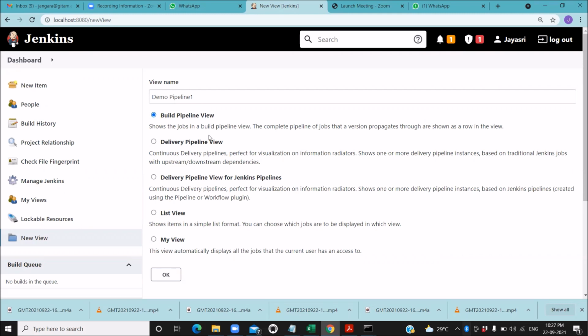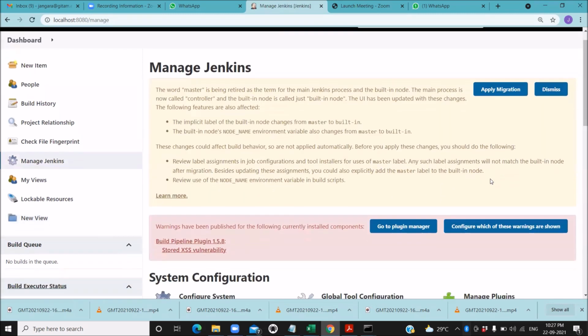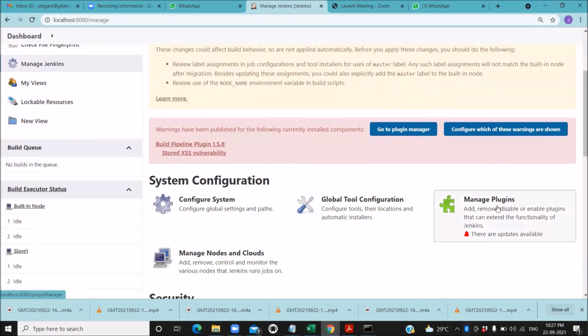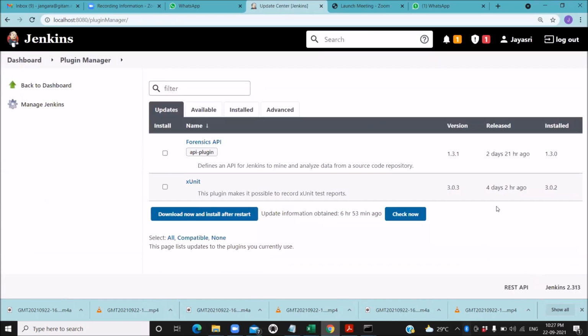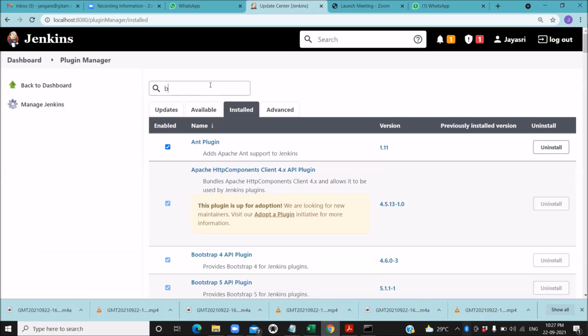Suppose if the build pipeline plugin is not available, this option is not going to be shown. For that reason, if you want to install build pipeline, you have to go to Manage Jenkins and then click on Manage Plugins, because build pipeline is a plugin. So now just see under the installed category whether build pipeline is available.